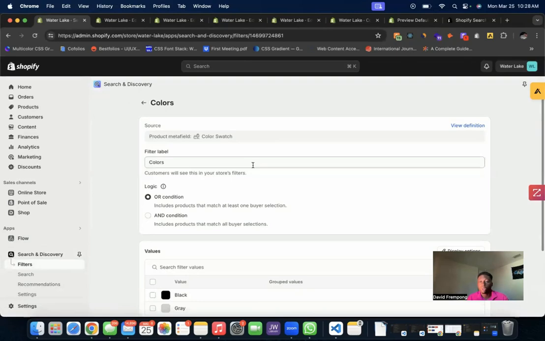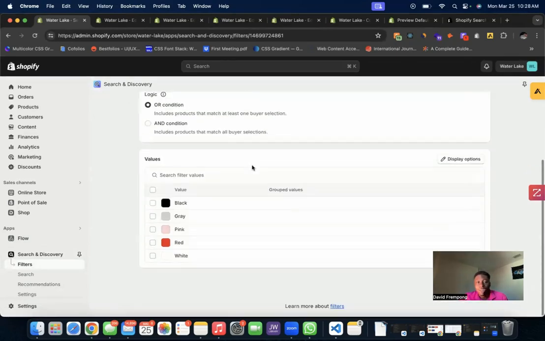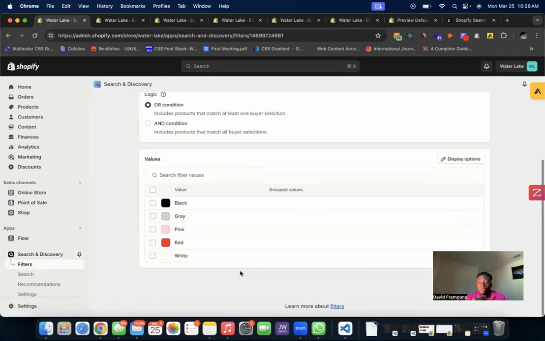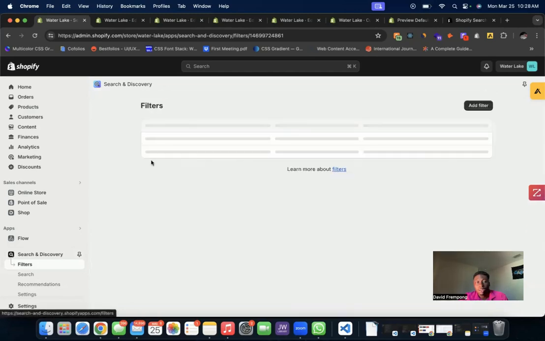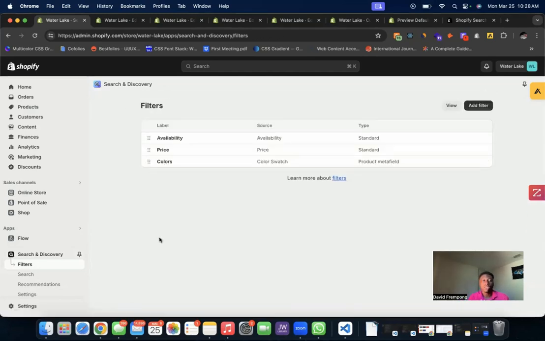Filter label again, you can just put colors, make it easy to recognize. And now you have all the different values. So all those values that we set up for the different colors that we wanted to represent our products, they're all here. So once you have this set up, the last thing that you want to do is